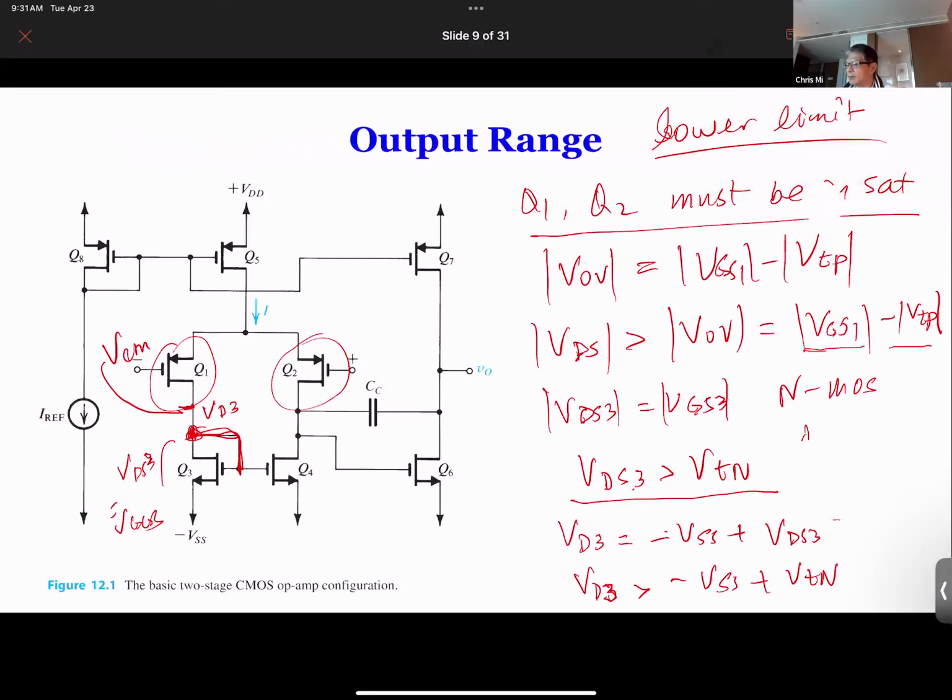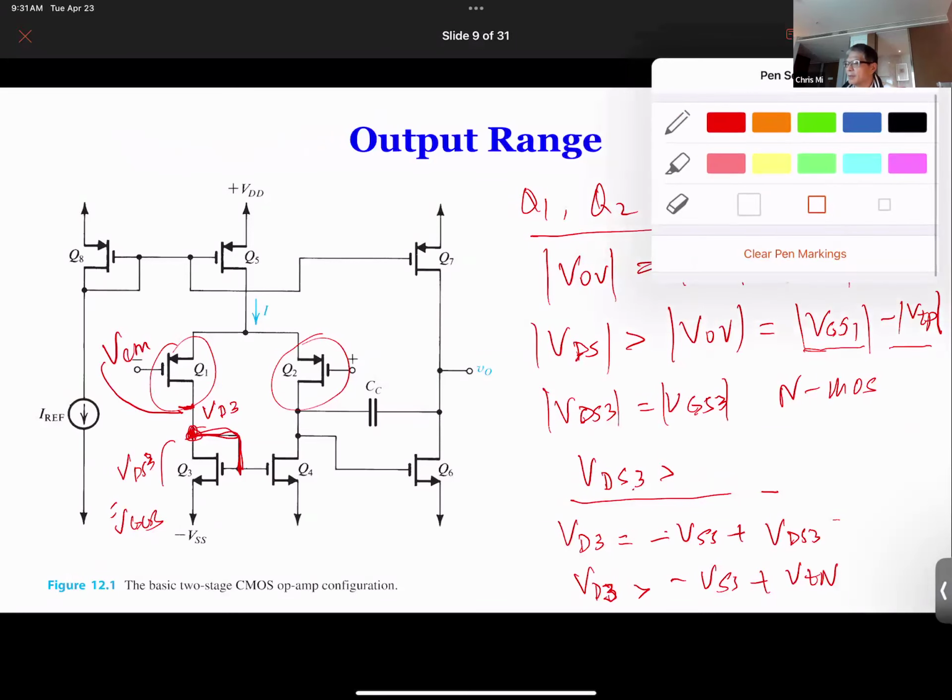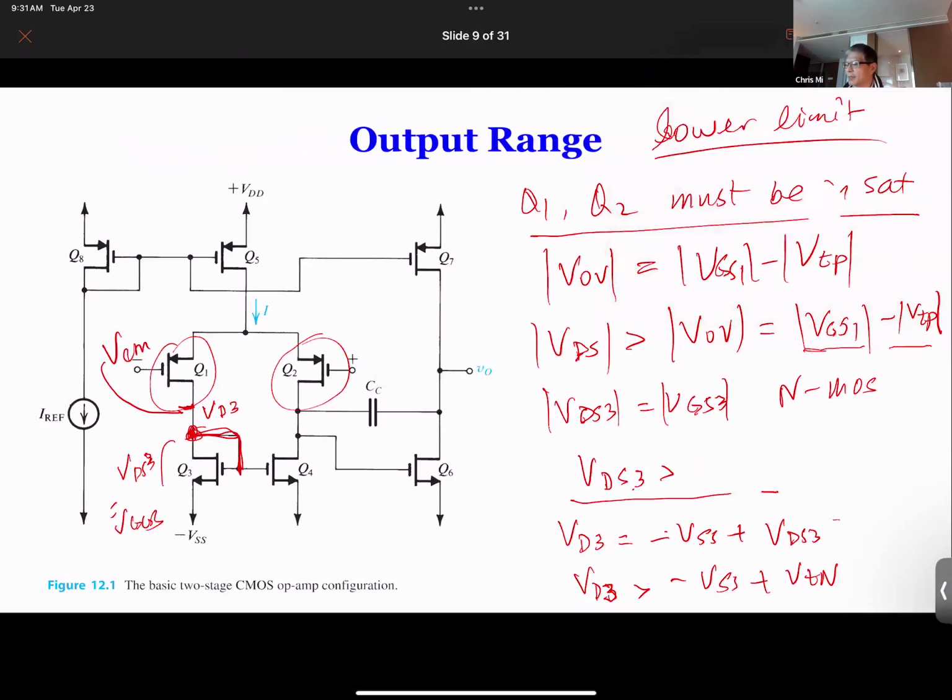This is wrong. VDS3 has to be larger than VOV3. Therefore VOV3 is equal to